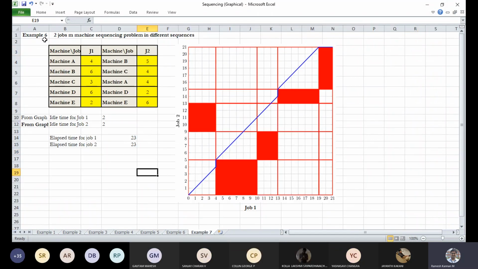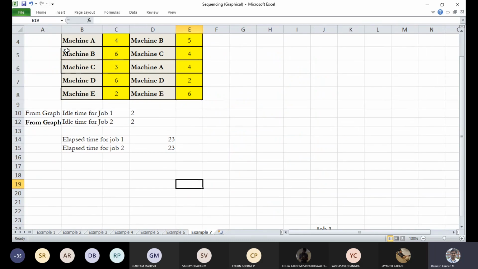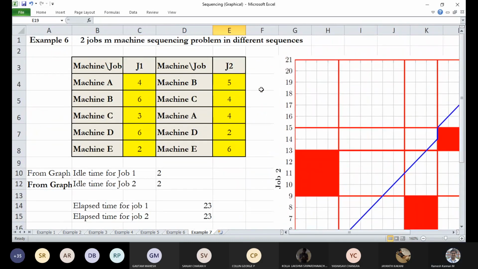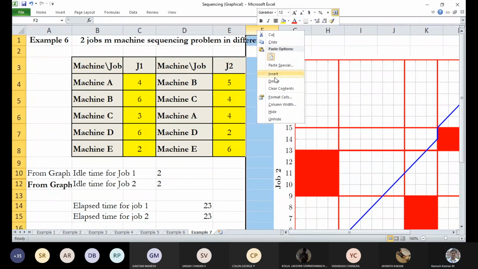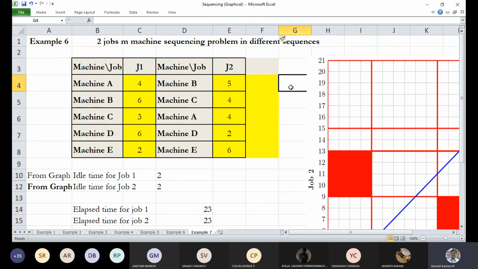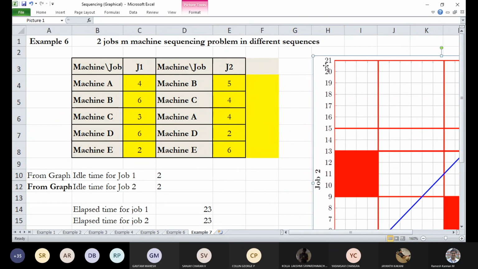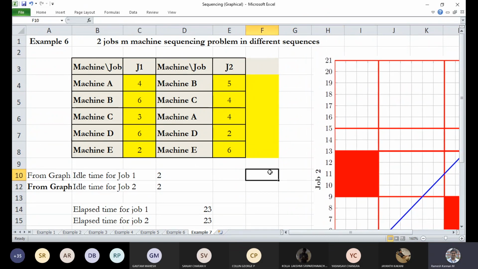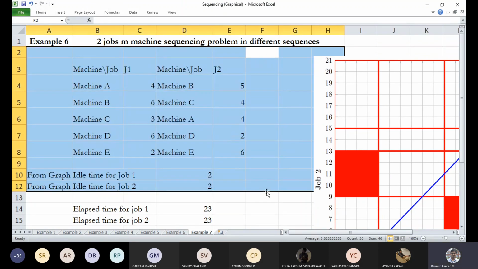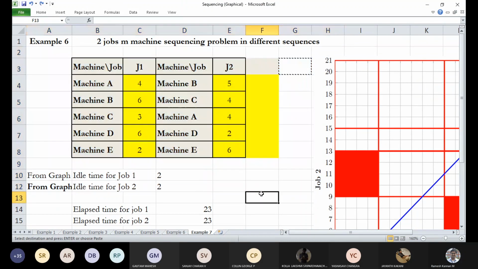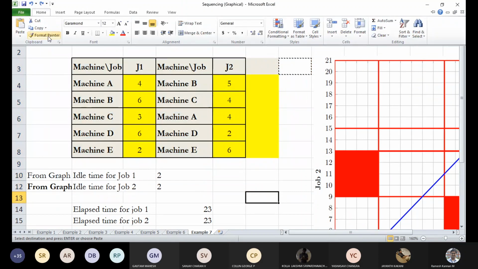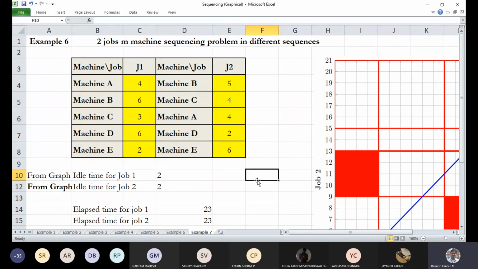So this is the problem. I'll zoom a bit. This is the problem.